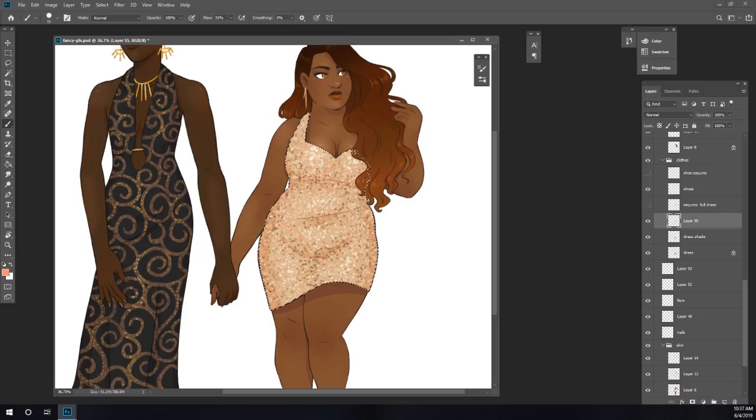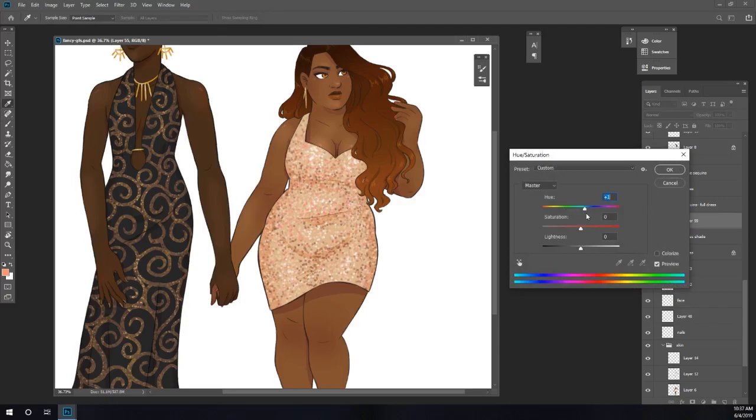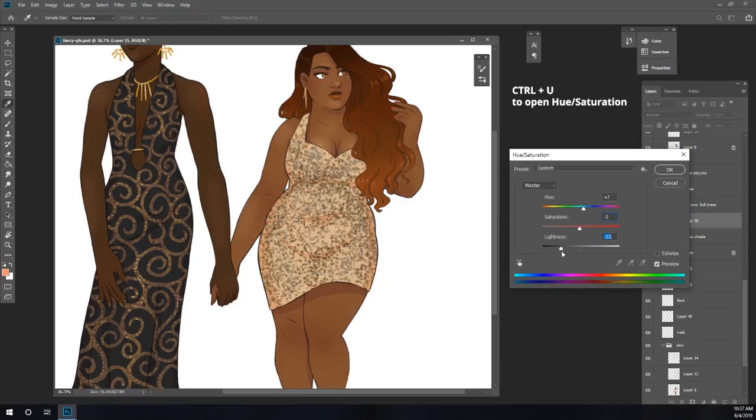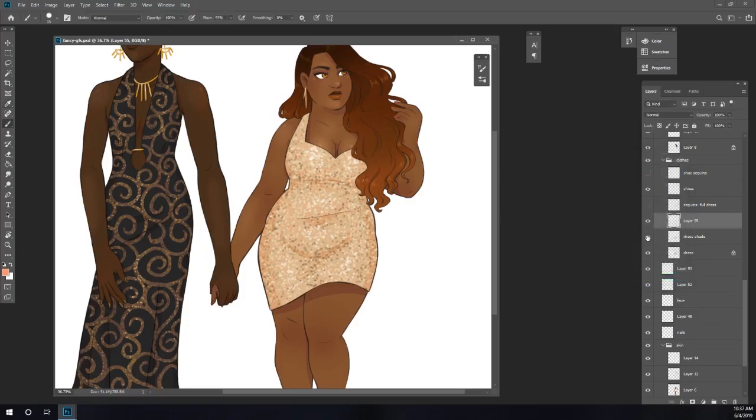And the cool thing too, because I made this a separate layer from the dress itself, I can also play around with the hue and saturation. So if I wanted it to be a little bit more gold or a little more pink or more saturated, more desaturated, to give it a silvery look, you can play around with that stuff. Make it much lighter, which is pretty. It gives it a pearlescent sort of vibe. Darker ends up looking a little weird,